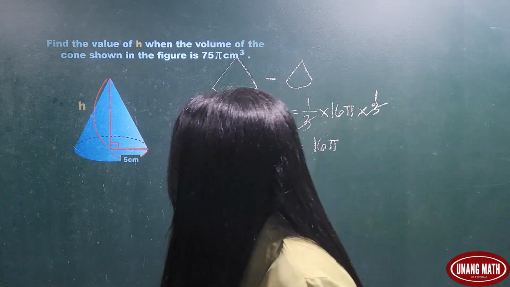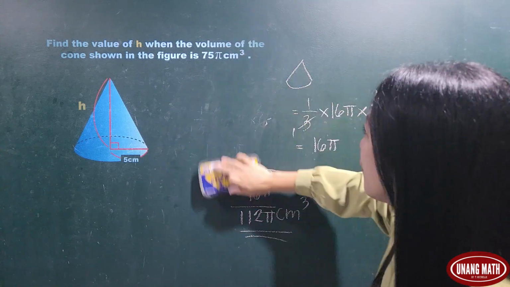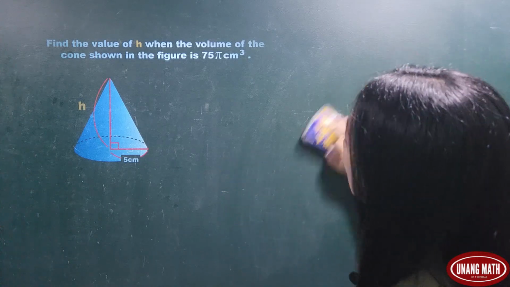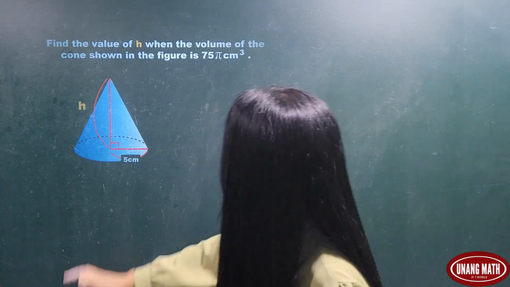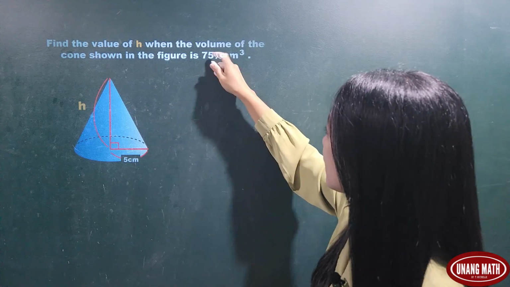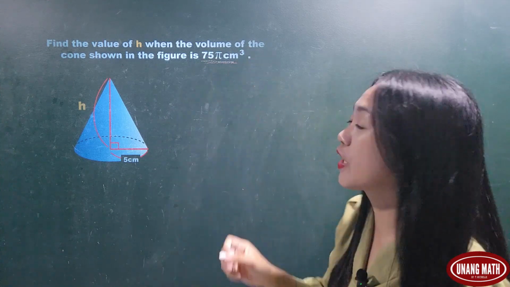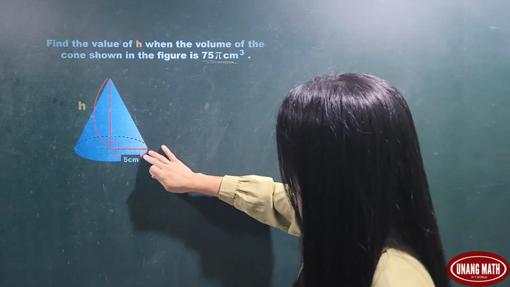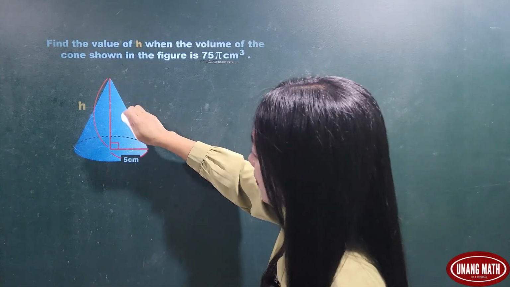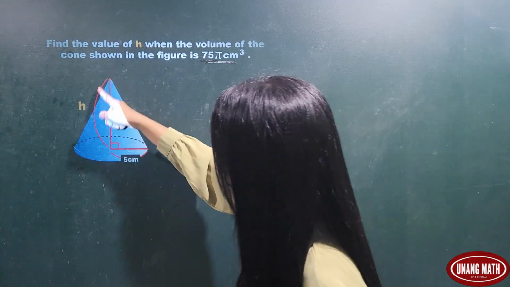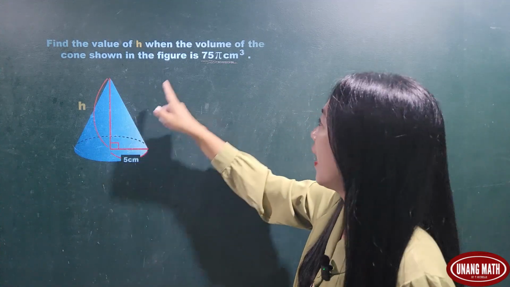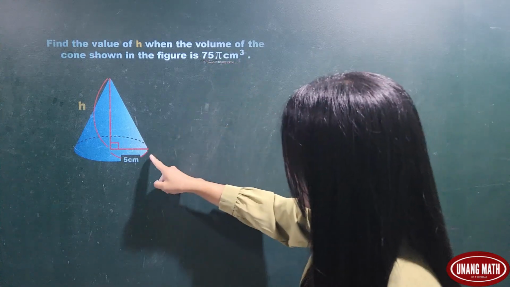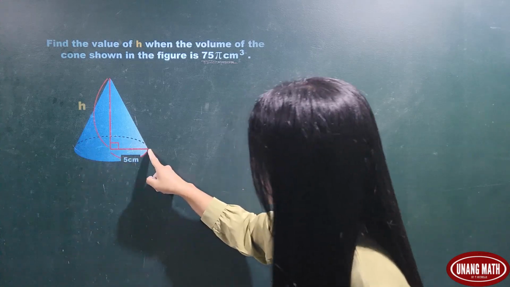Okay, what about this next problem? We're going to find the value of h, or the height of this cone, when the volume of the cone shown in the figure is 75 pi cubic centimeters. So this is the cone, and this question is asking us to find the height of this cone. It's given that the volume is 75 pi cubic centimeters, and the radius of the base